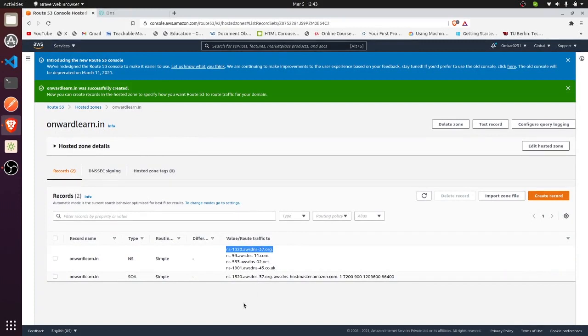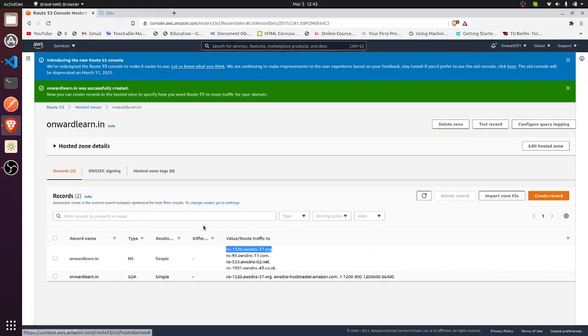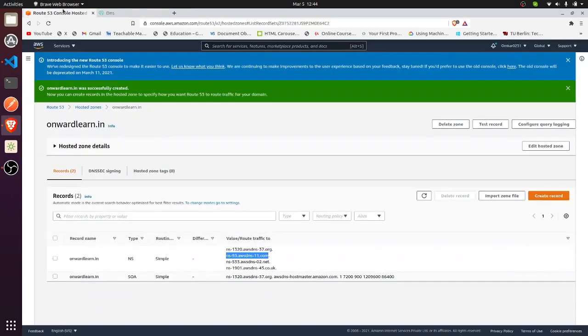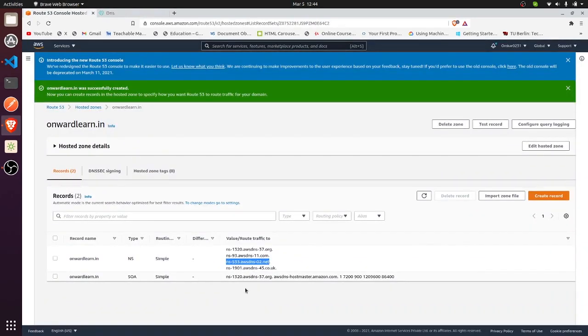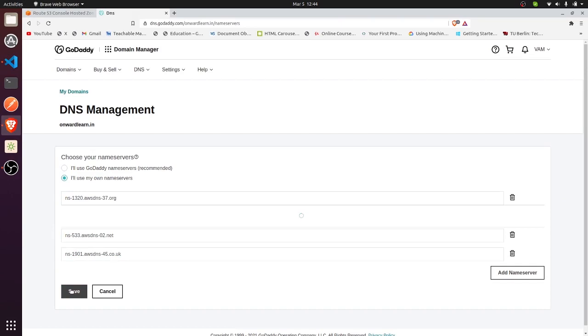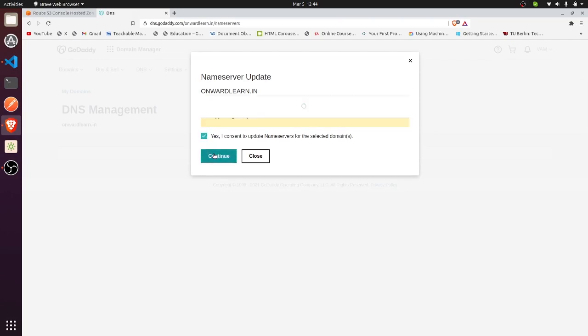Go to the console and copy these 4 name servers. And click on save button and tick the checkbox and click on continue.